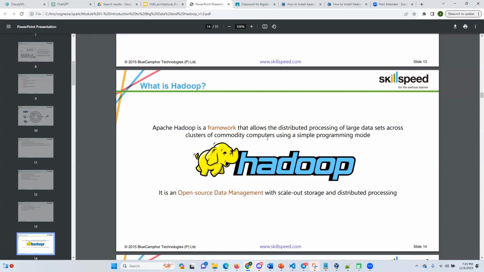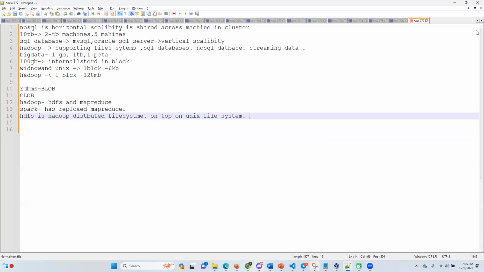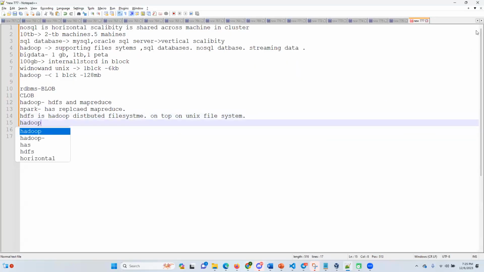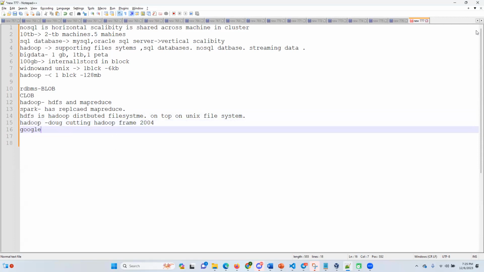Okay. So how did Hadoop come into the picture? If I look at the history, there is one guy, Doug Cutting, who invented the Hadoop framework in 2004. He was inspired by Google. Google initially gave the base papers. Google gave two base papers. One is Google MapReduce, and